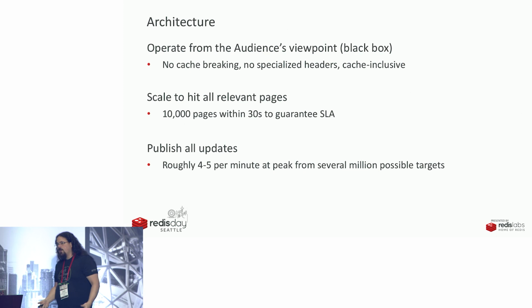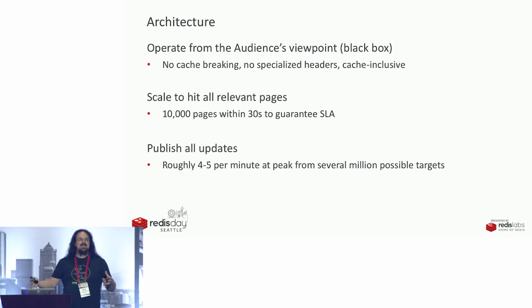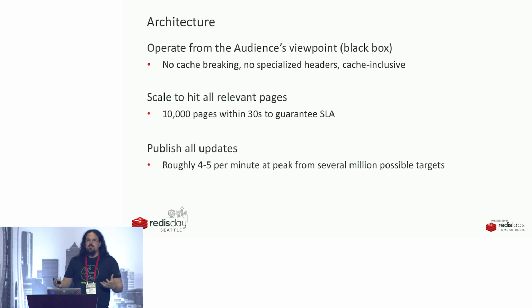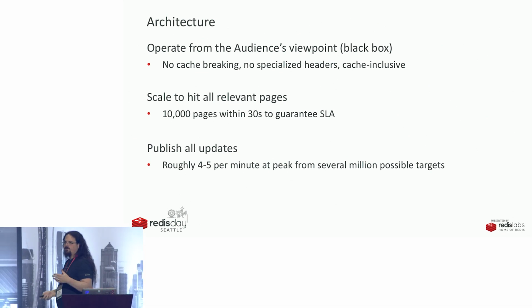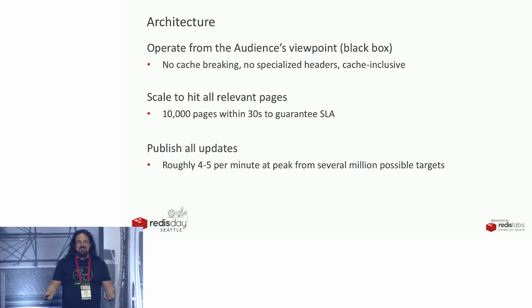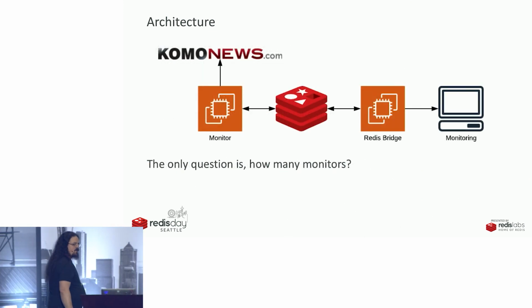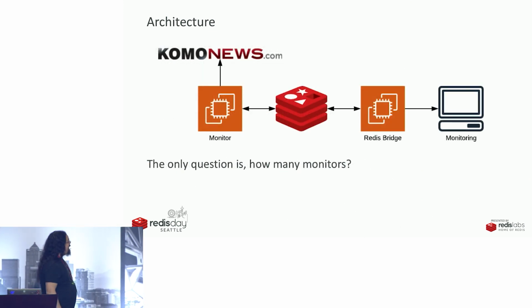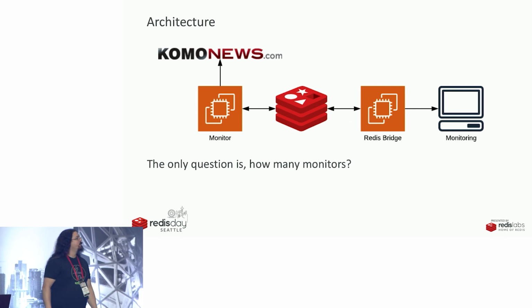Now, you could shard and you could try and break up the space in a reasonable way, but producers aren't reasonable people. They don't plan their story names according to any kind of a pattern. You can't guess where they're going to be. Different sites have different publishing frequencies. Different producers have different publishing frequencies. Splitting up the data wasn't worth trying to do. So what we did is say, well, what if all of our monitors just share the same information? Okay? So what we ended up with is what is actually a very, very simple architecture.